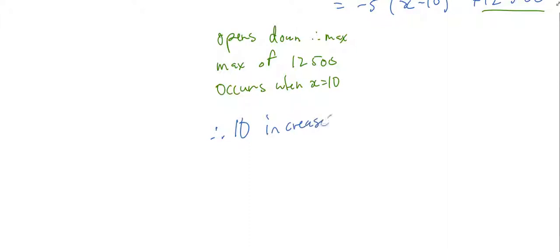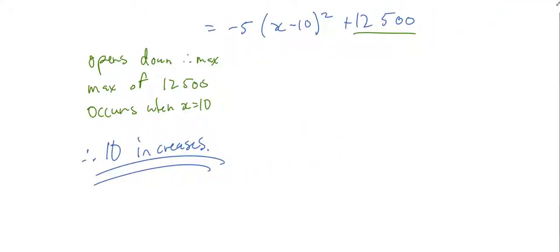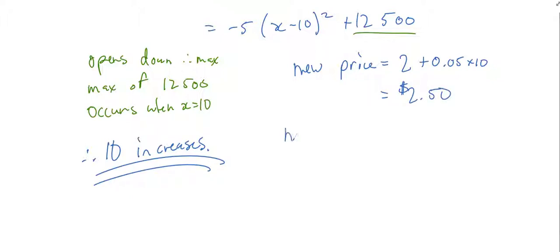And the new number of sales, again, the question might not ask me to find this. I don't know. But I'm going to find it anyway, because another question in the future might. So it's good for us to have a record of it. It was 6,000 minus 100 times the number of price increases. So 100 times 10 is 1,000. So that's 5,000. And the revenue should be 250 times 5,000, which gives me 12,500, which we already knew was the max revenue,